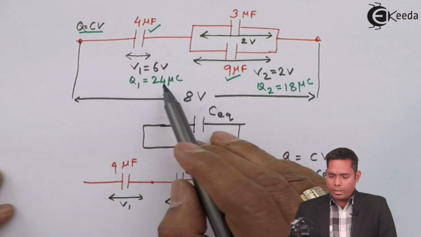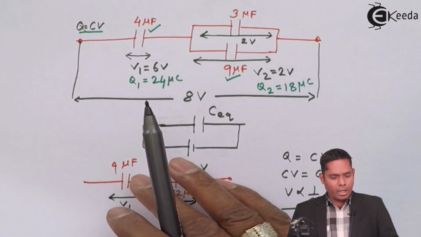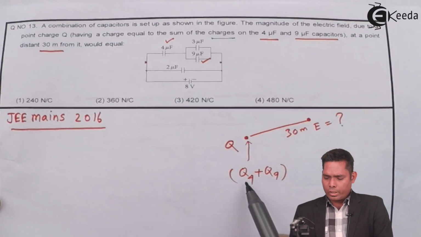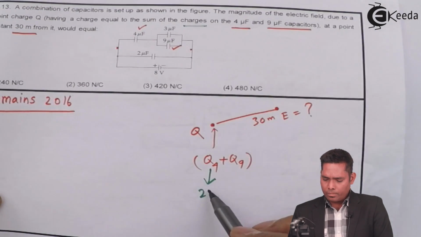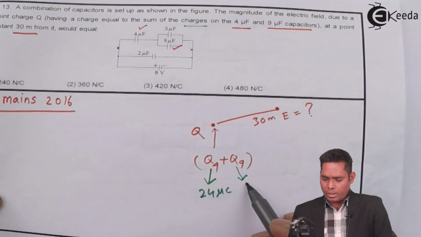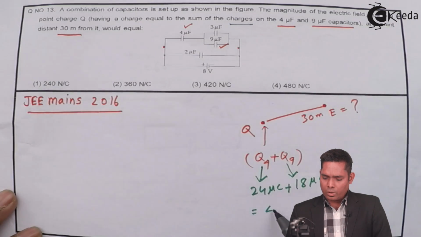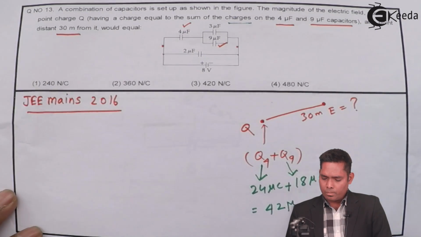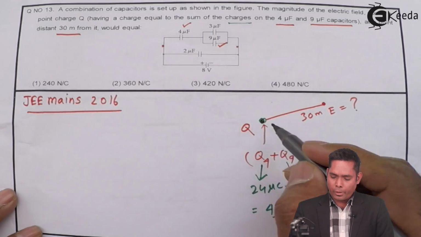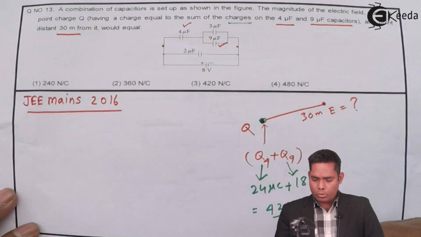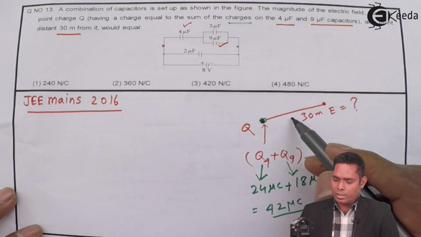So charges Q1 and Q2 are 24 microcoulomb and 18 microcoulomb. The sum of the two is 42 microcoulomb. So this 42 microcoulomb is put here. This is the point charge. This point charge is 42 microcoulomb, and you have to find the electric field at a distance d equals